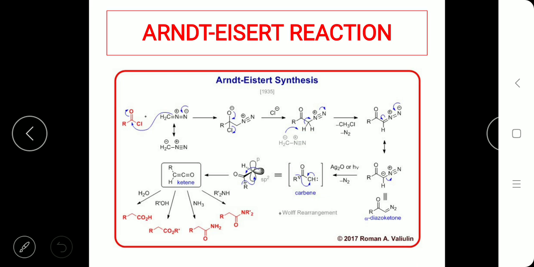So now here the carbene, that is the lone pair on the carbon atom, is going to form a double bond to give a ketene, that is O double bond C double bond C. This is the ketene which is formed after the movement of the lone pair towards the carbonyl carbon. Once the lone pair on this carbon moves towards the carbonyl carbon to give a C double bond C, then you can see there are 4 bonds to the central carbon atom.